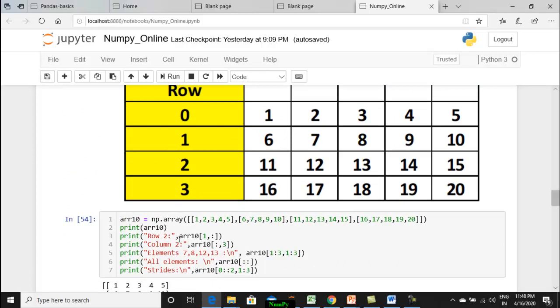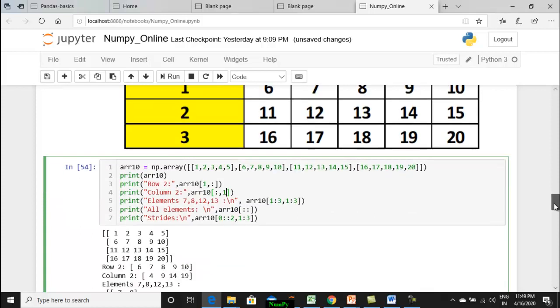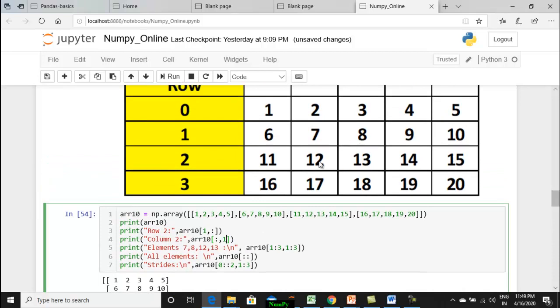You can see array 10 is the array that we refer to here. What is the row number we want? It is 1, followed by just a colon, which means all the columns. Similarly, if you want to access elements 7, 8, 12, 13, you can see 7, 8, 12, 13 fall in the row range. First you have to know the row range.